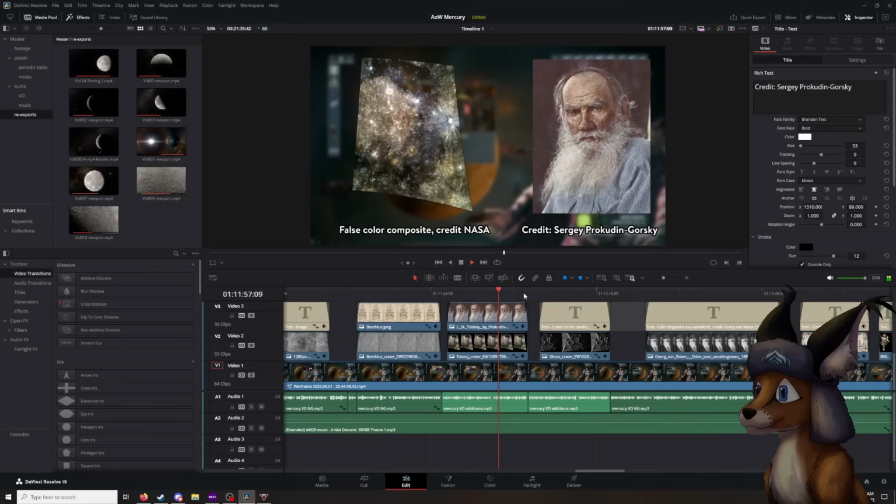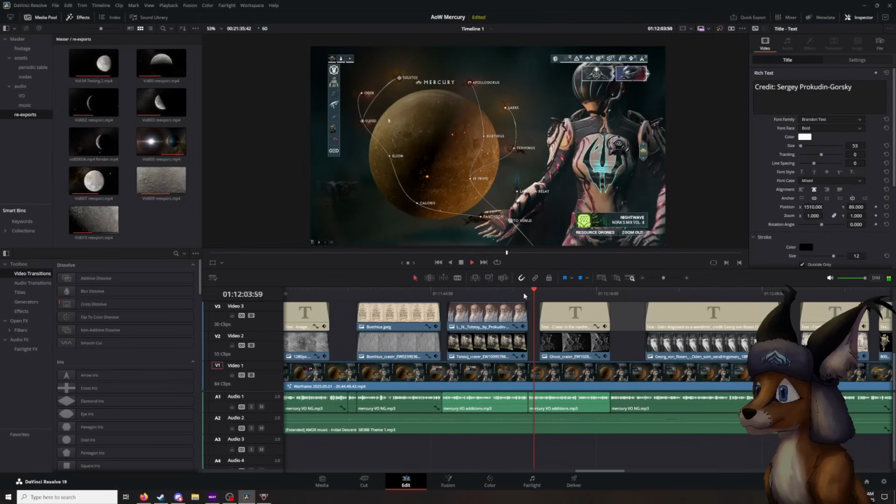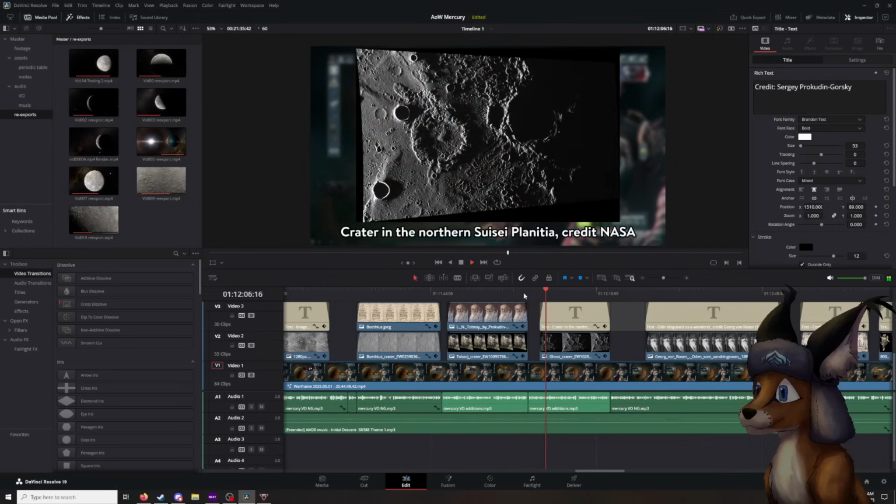The Tolstoy crater itself also seems to have formed fairly early in Mercury's history, with the basin surrounding the crater being ancient. While not exactly a crater, the node Suisei is named after the Suisei Planitia, which is a large